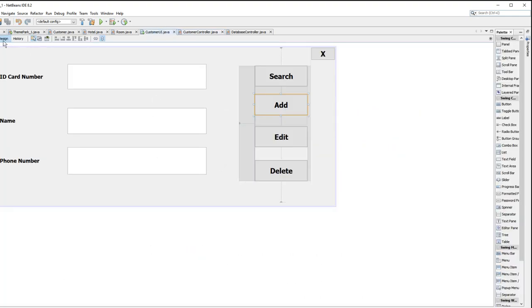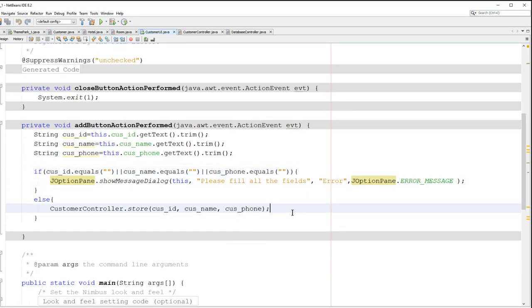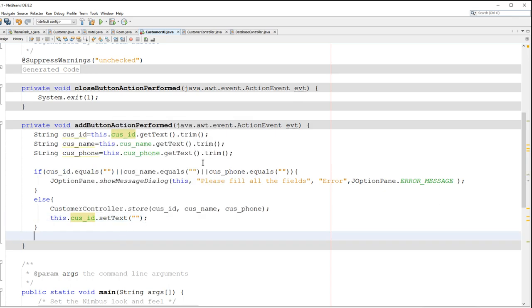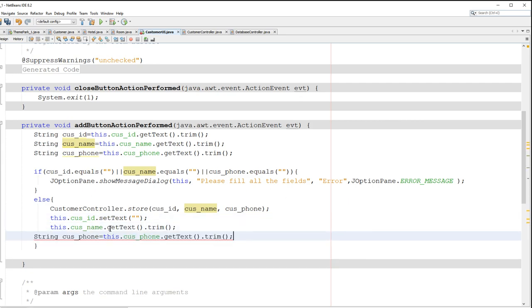After you add the customer, you see here, please fill in the fields here. After you store the customer data, we can actually clear out the interface, and that is, we can say customer ID dot set text. Now this is going to be if everything is successful. Okay, so again I prefer that you follow this dot customer ID dot set text, you know, these things, because this refers to the variable we have,